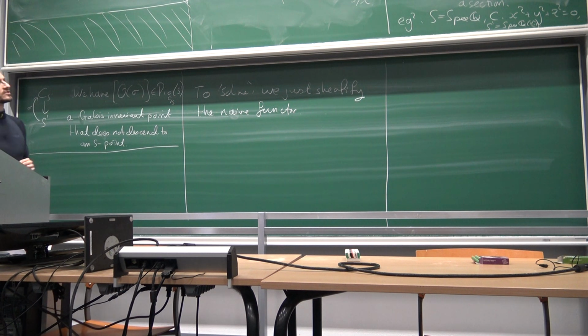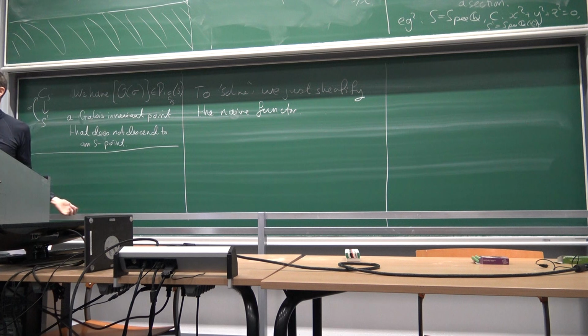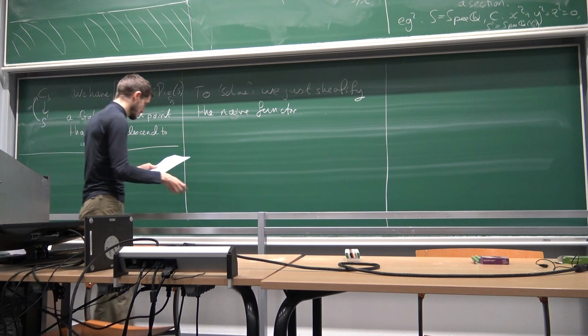But actually, things are much better than that, because I'm really happy that I'm working with a nodal curve, because this thing has sections étale locally on S. And so it turns out that if I sheafify with respect to the étale topology, then the resulting thing will be representable. And moreover, if I sheafify with respect to any finer topology, I get the same answer, which would still be representable. So there isn't actually so much to worry about. So we have a theorem,